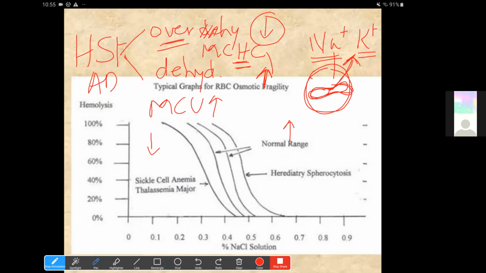So these are the MCV findings for both. They are both autosomal dominant forms, and the MCV is increased for both. But the MCHC will be decreased for the overhydrated form because of overhydration, and because of dehydration, the MCHC in the other form would be increased. And the blood film will, of course, show the characteristic stomatocytes. But more commonly, the film is unremarkable except for just macrocytosis and polyphragmia.